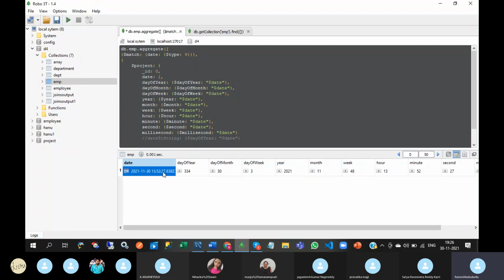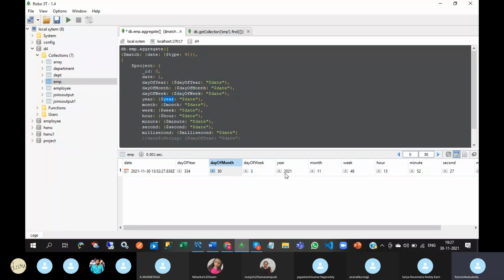From this date, if you write the day of year operator, then you will get day of year. So today is 334. That means yearly 365 days, so today is the 334th day. Day of month, so today is 30th. Day of week, today is 3. So the week starts from Sunday as 1, 2, 3.